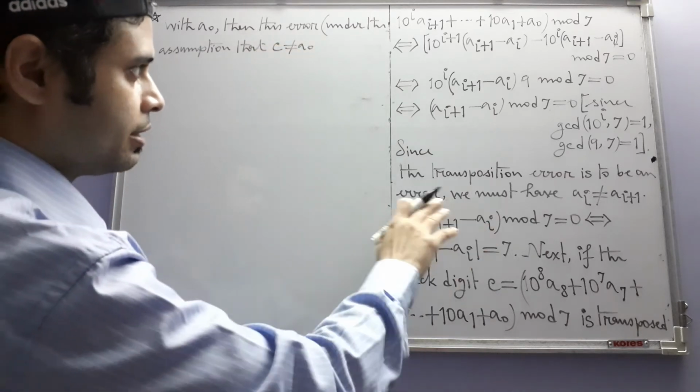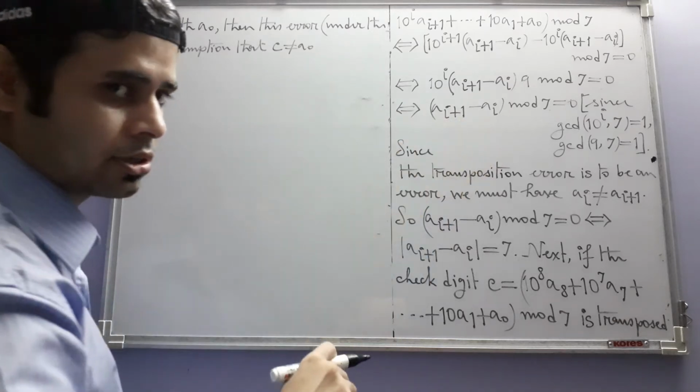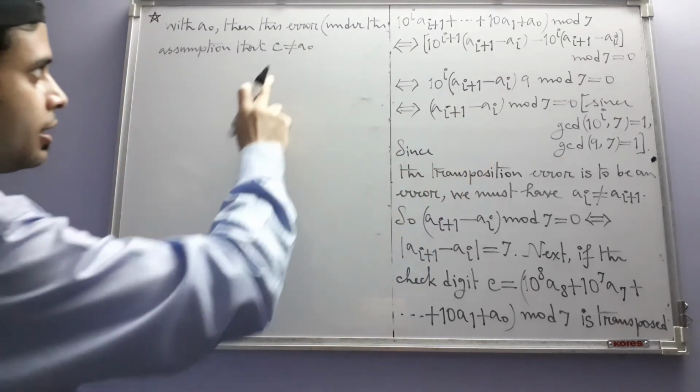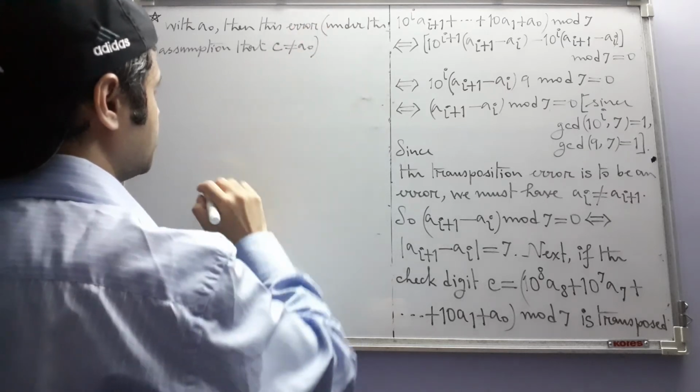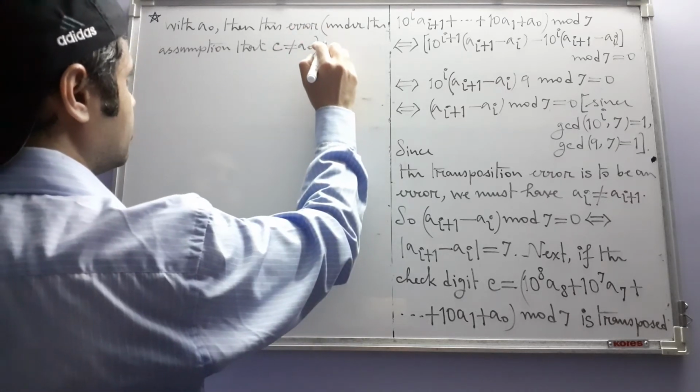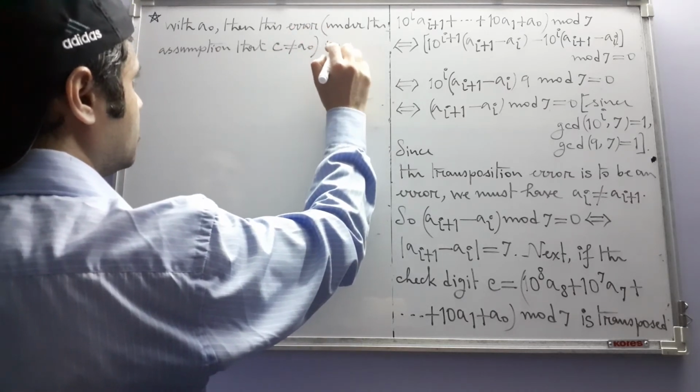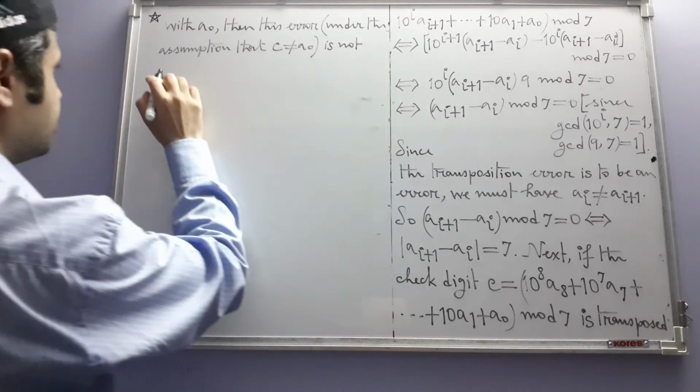Just like we needed the assumption that A_{i+1} is not equal to A_i, because then only it's an error. So here also that assumption must be there. Then this error is not detected